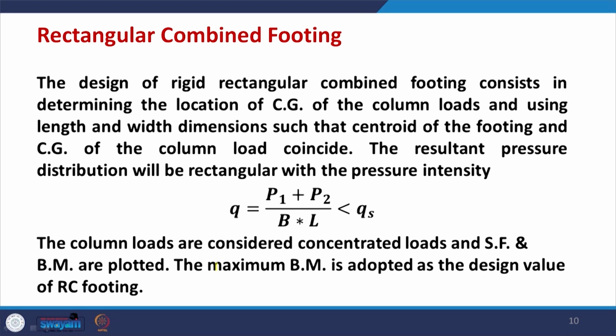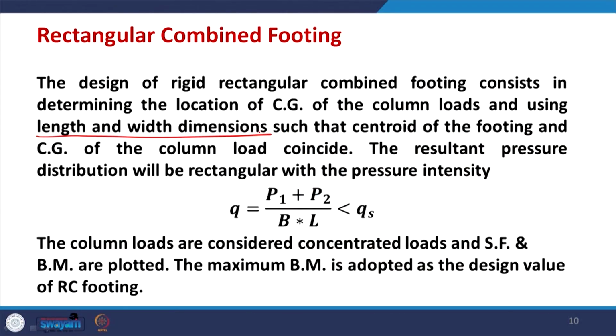So, basically what we do in the design, we find the length and width dimension of the footing, and they should be determined in such a way that the centroid of the footing and the CG of the column loads coincide. So, on one side you have the column loads coming from the top, and when designing, if you make sure that the resultant of the column loads is acting at the center of gravity of the footing, then in that case you will have the uniform pressure distribution as far as the combined rectangular